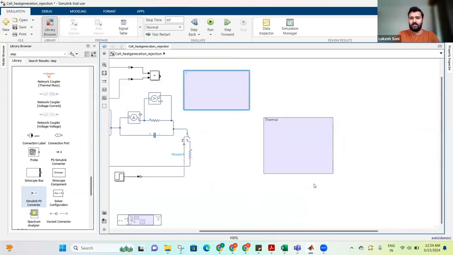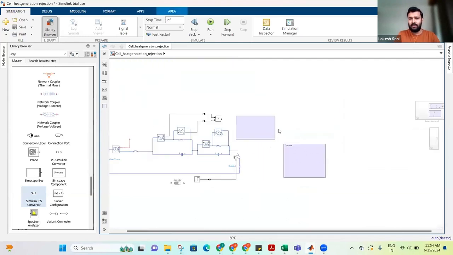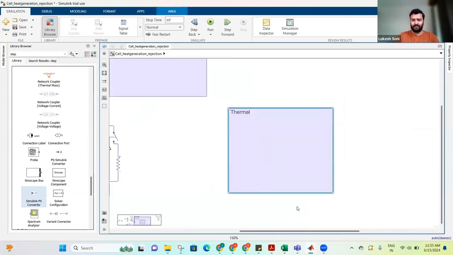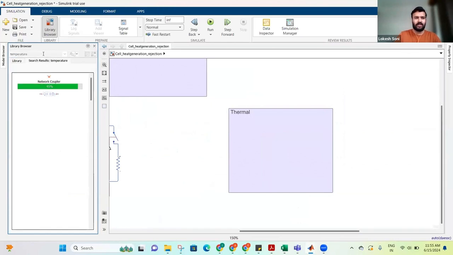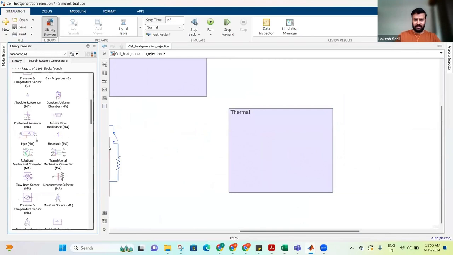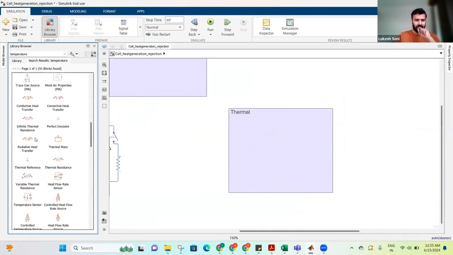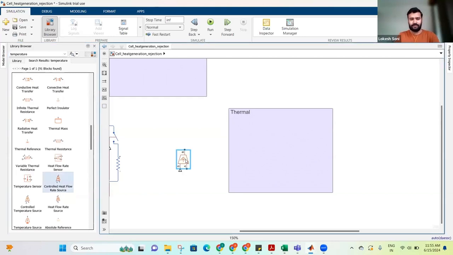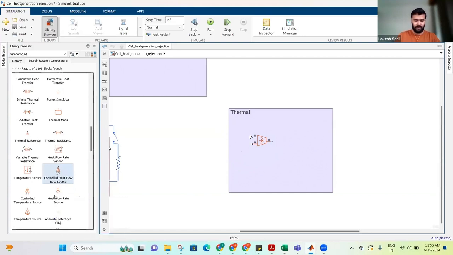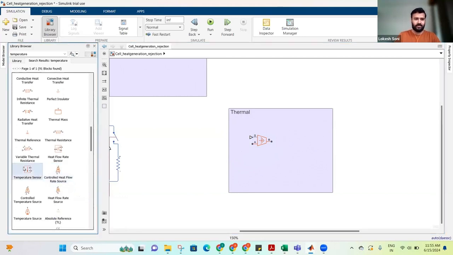Okay. Now coming to the thermal, we will assume that the power loss is already coming from this block to this block. Now we want to develop thermals. Okay, so the basic building blocks of thermals, I will again show in a different way how to get all those blocks. If I just search temperature, click here, there are again various ways to do it, but these are some basic building blocks of thermals. Okay, controlled heat flow. Okay, this comes like this. You want some reference temperature source. Of course, you want a sensor also,